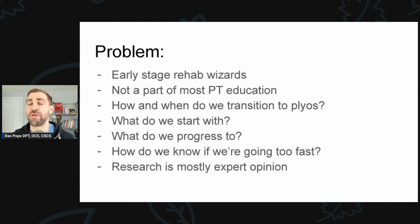And it's up to the physical therapist to learn how to bridge that gap and get back to high level of performance for that individual. And this goes for an athlete that's trying to get back to a field sport, but it also goes for the average Joe that maybe wants to get back to some sort of jogging program, or they just want to get back to being able to play pickup sports like, let's say, tennis or basketball or soccer or something along those lines, right? And generally speaking, a lot of the advancement of impact activities is not taught in most physical